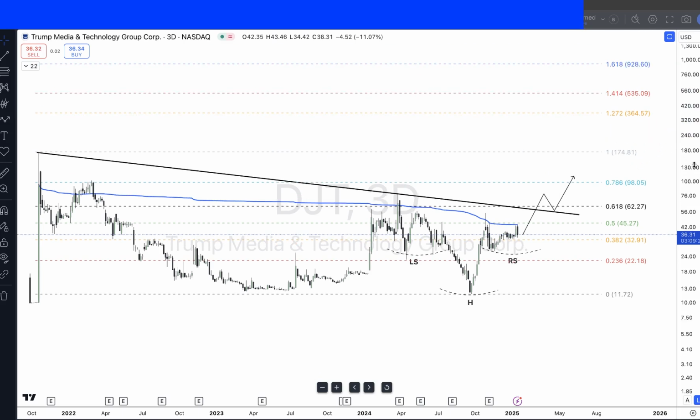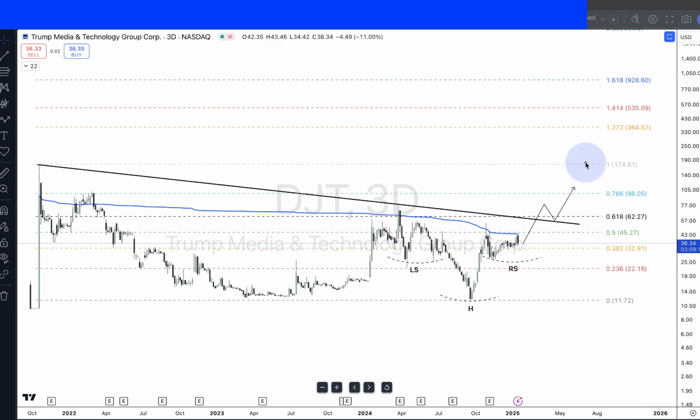$171.81. But when price does break out of that, remember, TradFi and crypto love fibs. So when price gets to this neckline, and if we're lucky and it breaks out above it, which I actually think it's going to now that Trump is in office, these 1.618s act like magnets. The price at the 1.618 is $928, or these 1.414s also act as overhead. Again, circle back once price breaks out above this downward trend line. We've got the 1.414 at $535, and then the golden zone at $928.